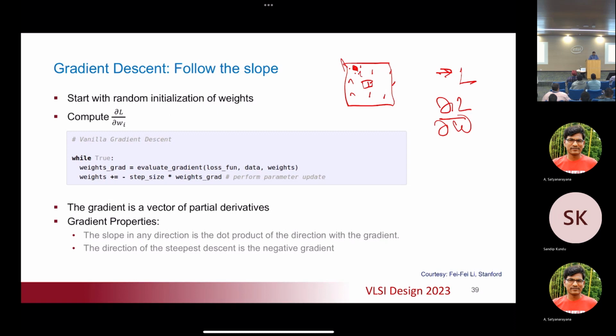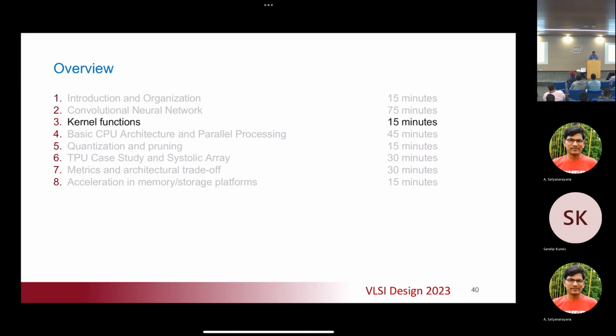Many of you might have encountered this. It applies to many problems, including my former field when I worked on electronic design automation. I used gradient descent a lot. The gradient is a vector of partial derivatives, and it has the property that the slope in any direction is the dot product of the direction with the gradient. We use that property to find the values of those elements in the filter which will give you the best optimization. Okay, so we are done with